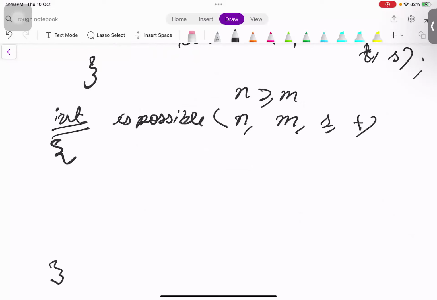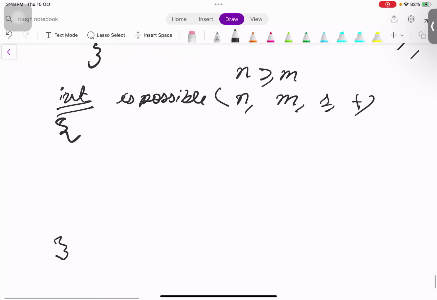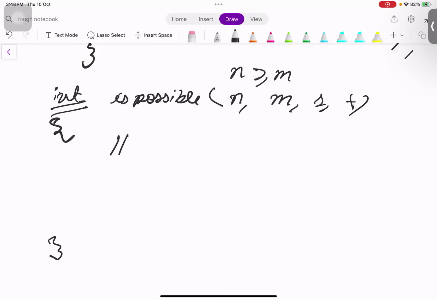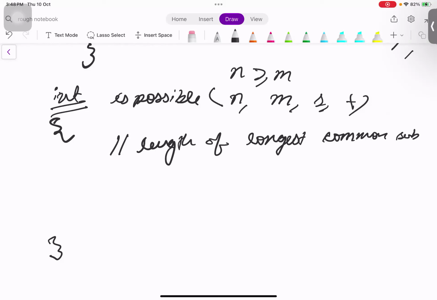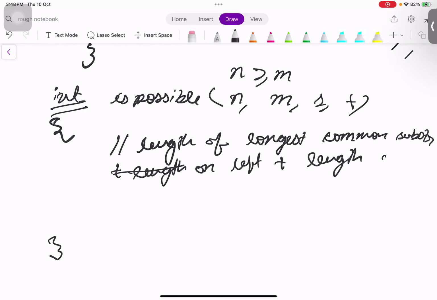So our formula is: length of longest common substring on left plus length of longest common substring on right